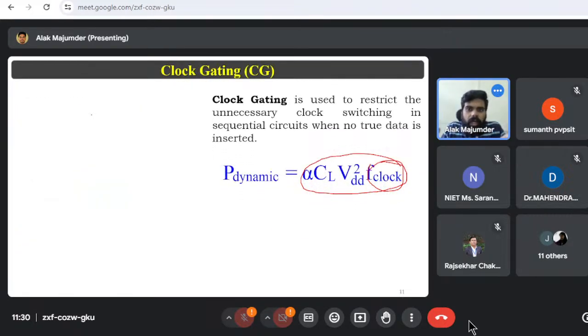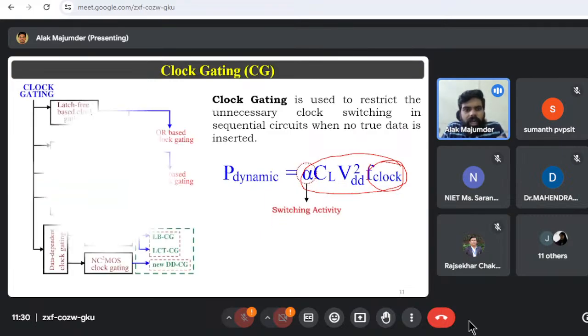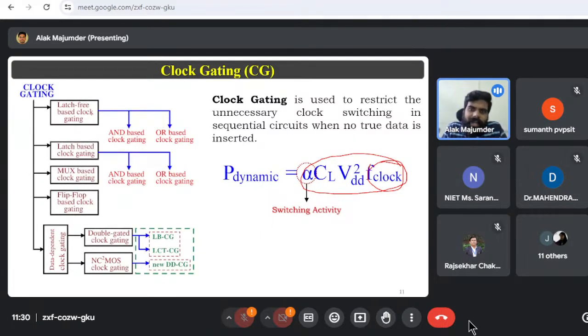Anyway, the terminology of clock gating, I'm not explaining much. I think we have discussed it somewhere. In clock gating, we are actually managing the alpha, because alpha, the switching activity factor, basically decides the amount of switching activity happening. And as I mentioned, if we basically manage the input and output